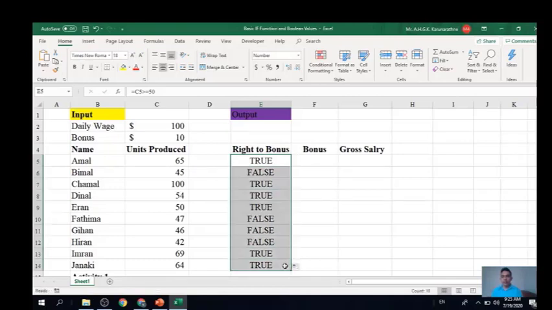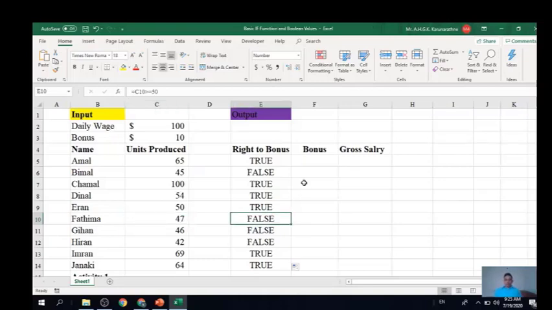And you can apply it like this. Then you can see that even the person who got 50 gets true. Why? Greater than or equal. This time it is true because it's equal to 50. For this Dinal, he got true because it's greater than 50. For all other people who did not achieve 50, or are below 50, the result is false.